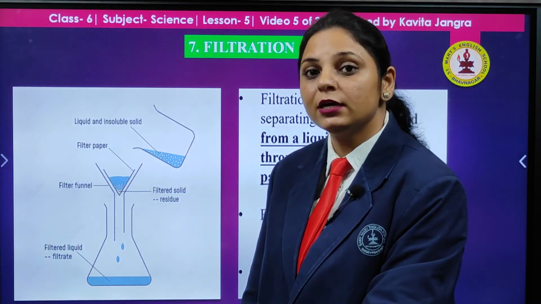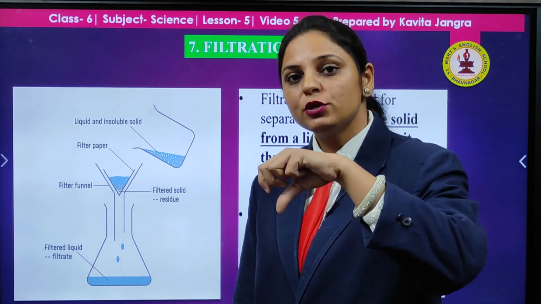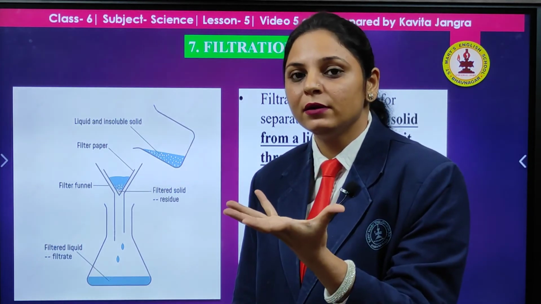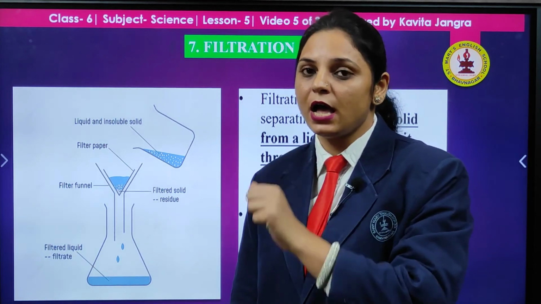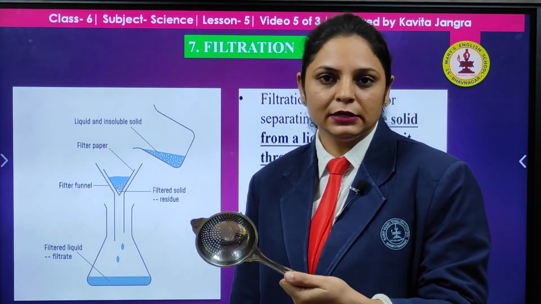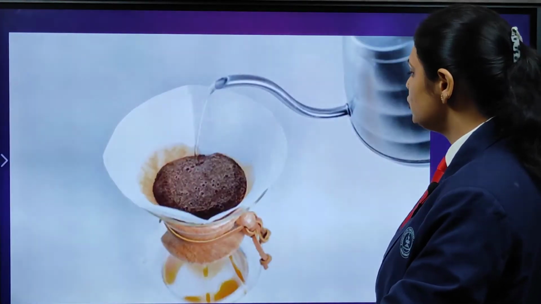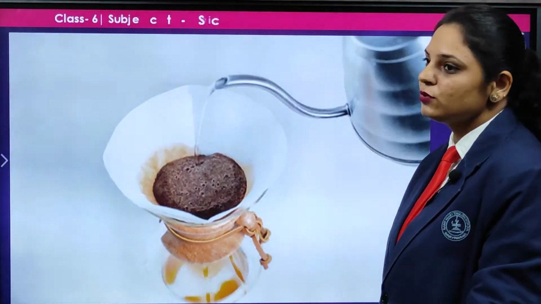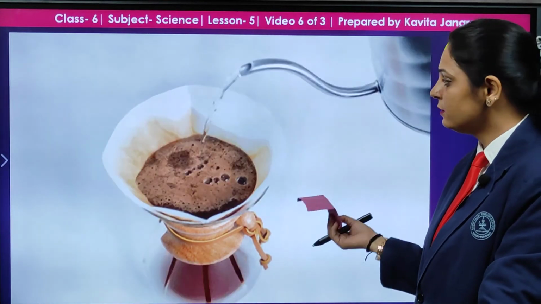Then it is also used to separate the cheese or paneer from the milk. When your mother makes paneer at home, what is she doing? She boils the milk, she pours in the lemon, then what happened? The paneer is formed. And that paneer, she takes out with the help of such types of filters or strainers. Okay. Ultimately separating the cheese. See what is going to happen. This is what I have shown you again. This is the filtration process.